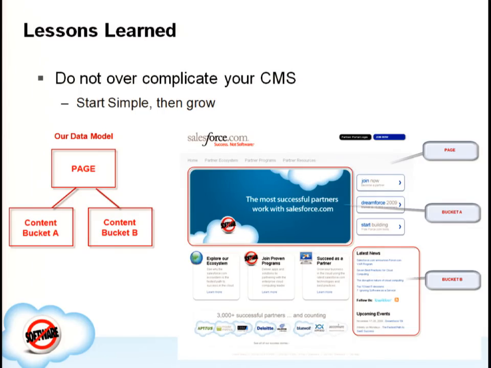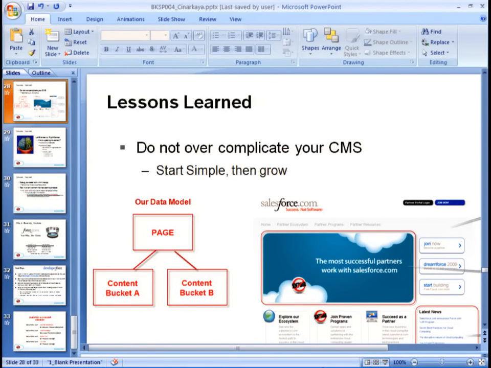Our data model really is two levels. We have a concept of a page, and we have a concept of a bucket. A page is basically the home page here. A bucket is maybe the banner, maybe it's the sidebar area, the latest news and upcoming events. Maybe it's the banner sidebar. So our 3 buttons here that you guys click on to register or go to the Dreamforce registration, that sort of thing. To show that to you real quickly,